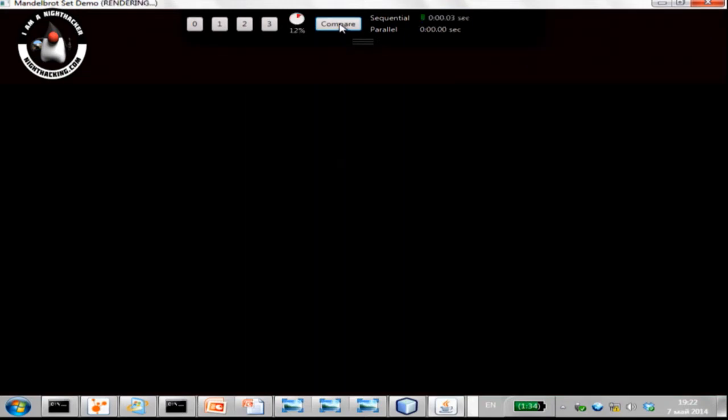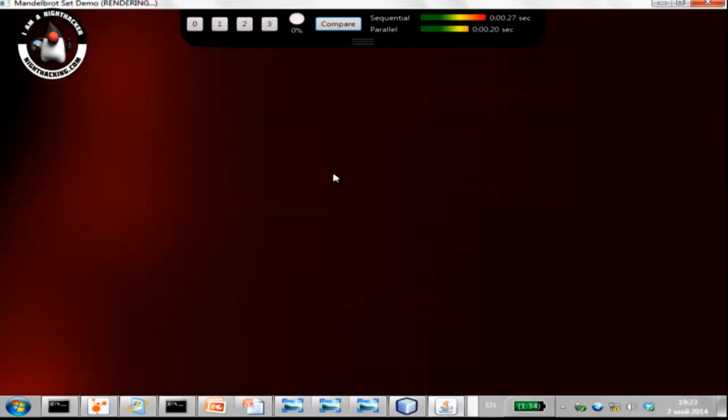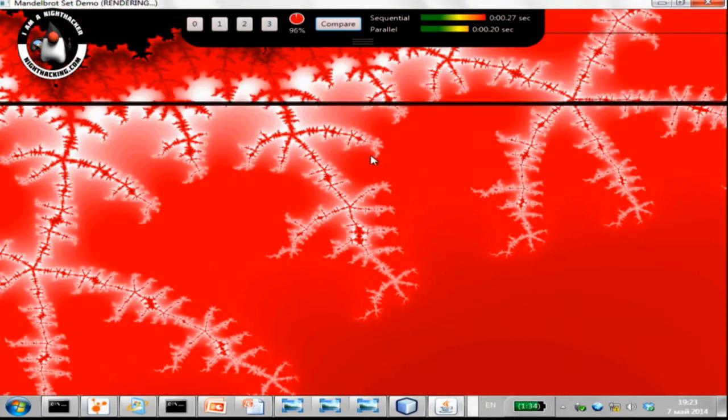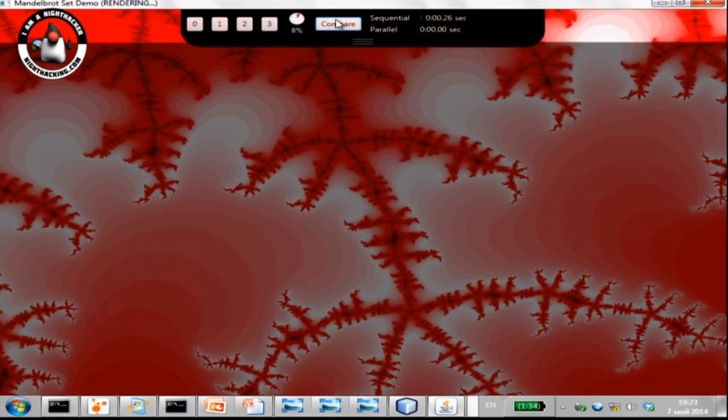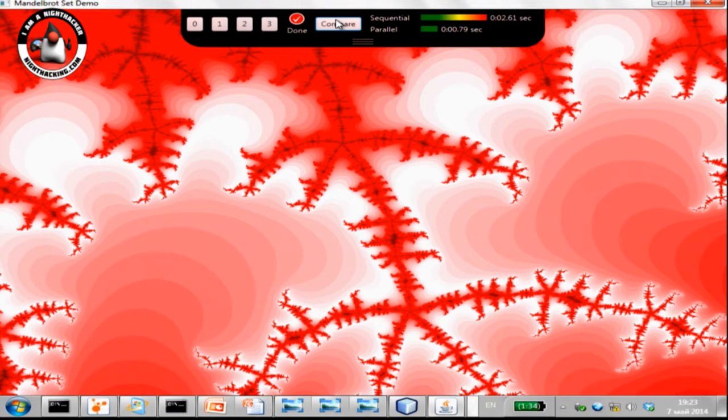If we choose a simpler region, maybe this region is too slow to calculate. If we take this one, you're going to see that it's easy to calculate. It takes just less than a second. But if you go to a particular area which is heavy to calculate, then you get the difference, which is more noticeable. It is about 5 times slower to do sequentially rather than in parallel. So this demo is not about how to optimize Mandelbrot rendering. It's more about visualizing what's happening if you do it sequentially versus in parallel.